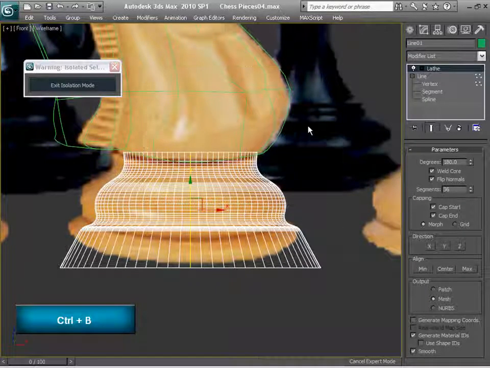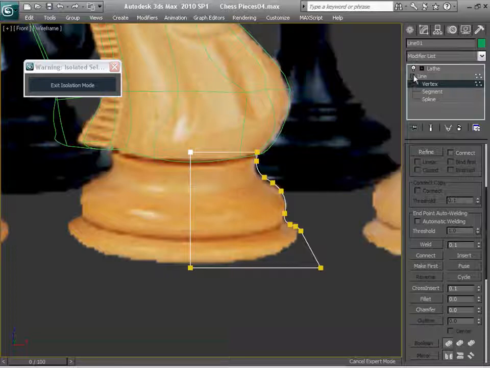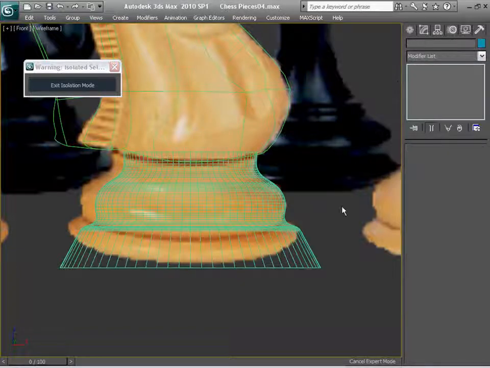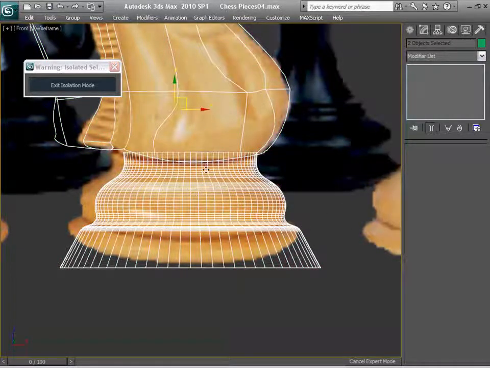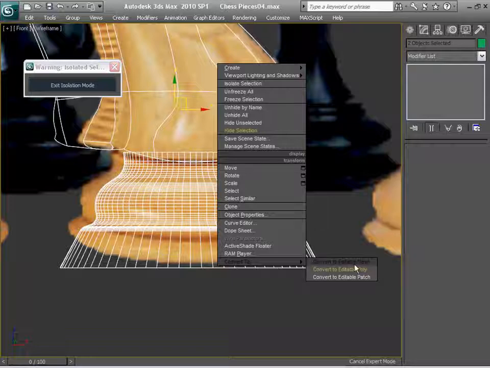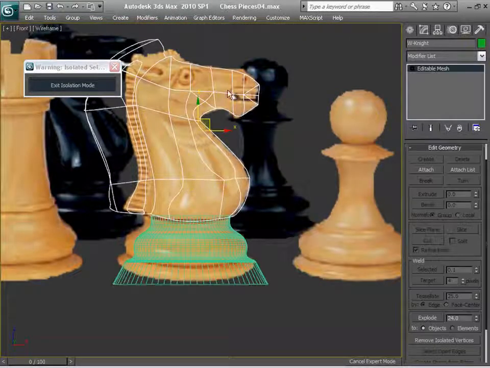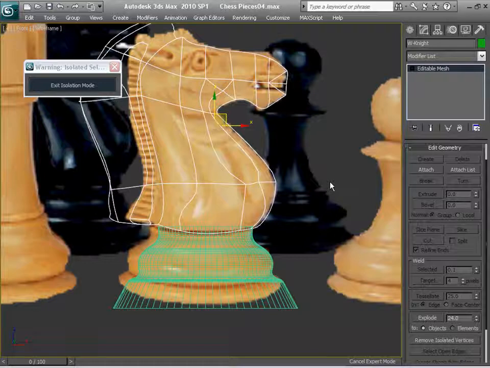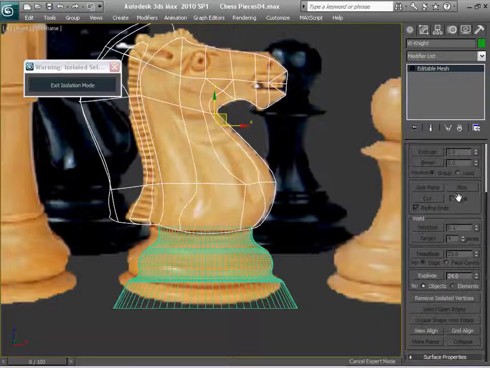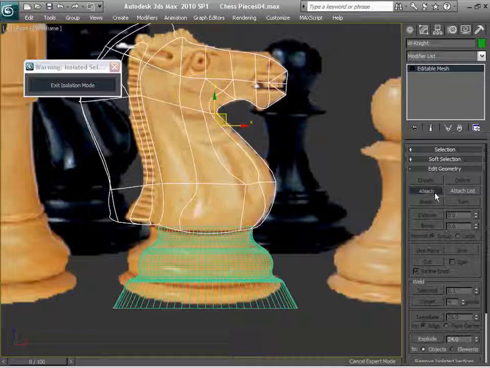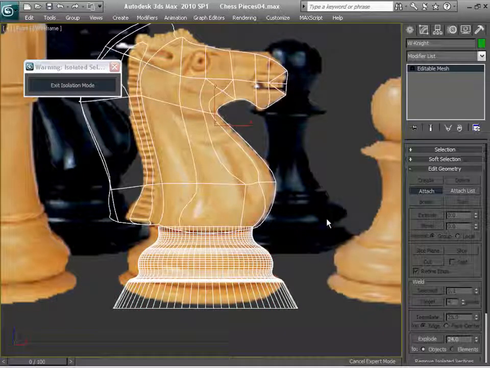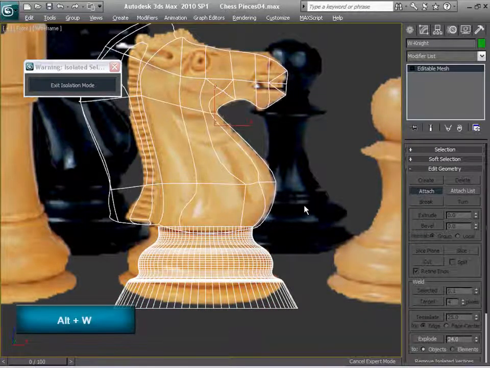Now I'm gonna go out of them, select them both. Actually, let me not go out of the selection yet. Now I'm gonna convert them both to editable mesh. In this case, I don't convert them to editable poly because the upper part would cause a lot of issues when you convert it to editable poly. And after we have it as an editable mesh, we're just going to select the option to attach another geometry, in this case the bottom. As you can see,